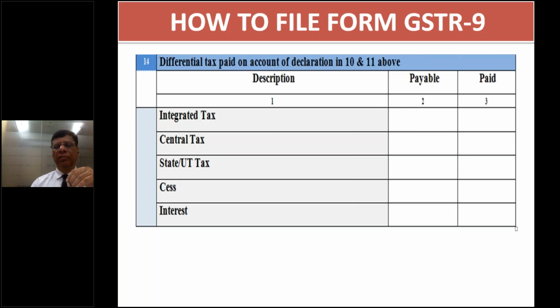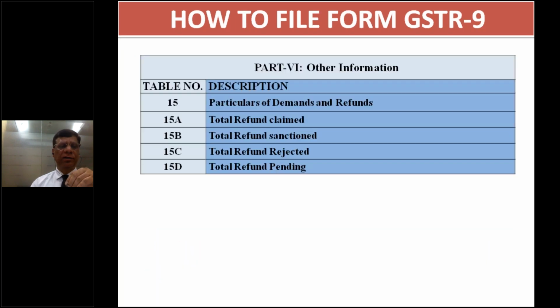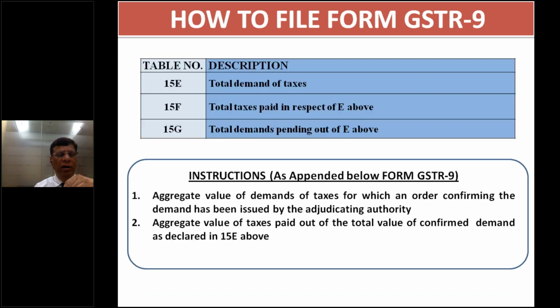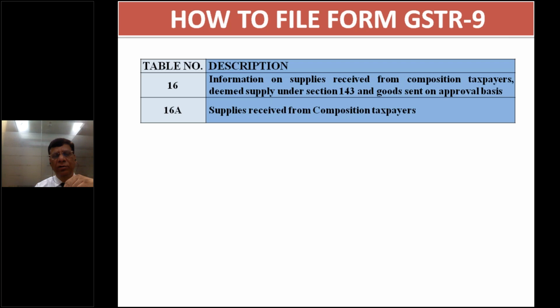So here we end discussion on part 5 of this GSTR Form 9, and from here it starts part 6. And the last part, which is part 6, contains information relating to your demands and refunds, claimed, sanctioned, rejected, pending, etc. And then in table 16, we are supposed to tell information on supplies received from composition taxpayers, deemed supplies under section 133, that is goods being sent on job work, and the goods being sent on approval basis,